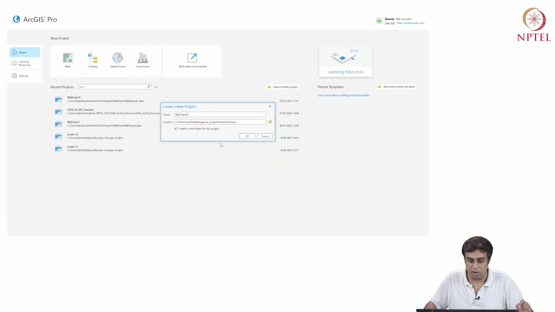Okay. All right. So I have to use an existing folder. I cannot create a folder there. So I'm simply using the folder practice sessions, which is fantastic, right? I mean, it's one folder for us, right? So I'm going to name the project Spatial Statistics and Spatial Econometrics